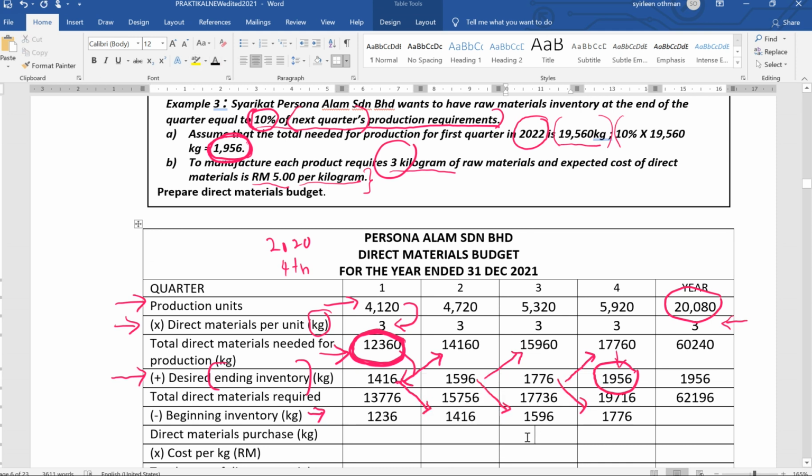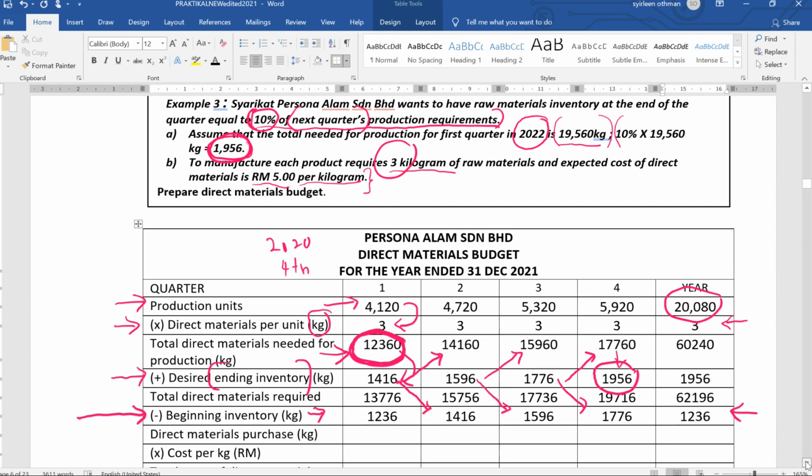Okay, alright, and since this row here is for beginning inventory, so untuk column year ataupun total dekat hujung ni, alright, the item I will fill up with the first number in the quarter, which is 1236. So this item here is actually